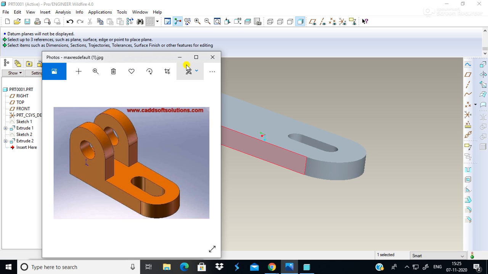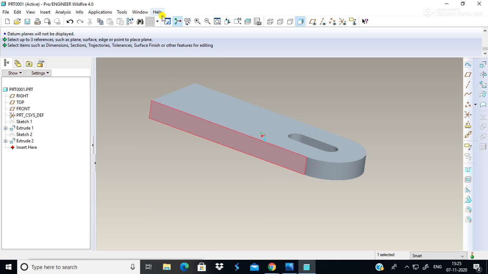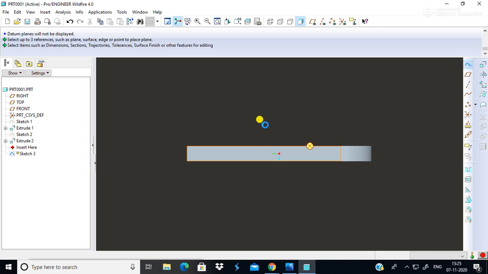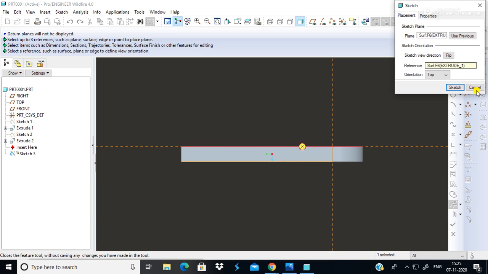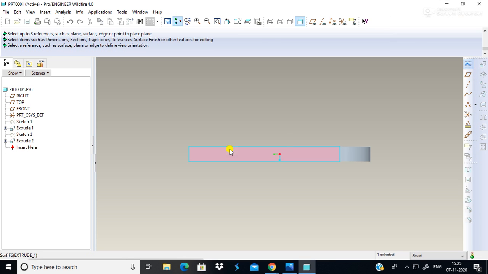So let's draw this feature on it, okay. So before drawing this feature we have to select a plane on which we have to start drawing, okay. So go to the sketch mode, click on sketch. अभी देखिए इसने डायरेक्टली सिलेक्ट कर दिया, मैं कैंसिल करता हूँ फिर से टू अंडरस्टैंड इट।